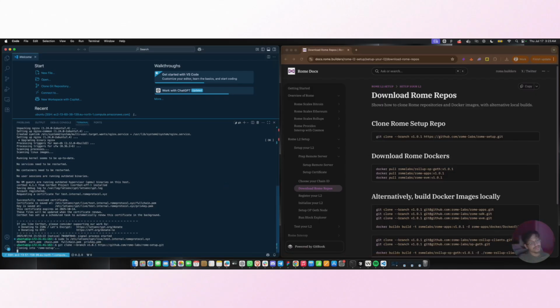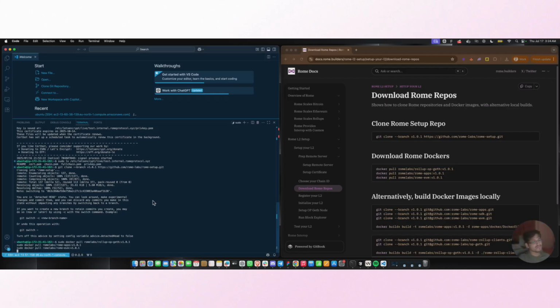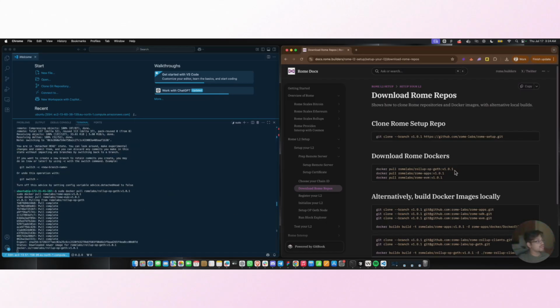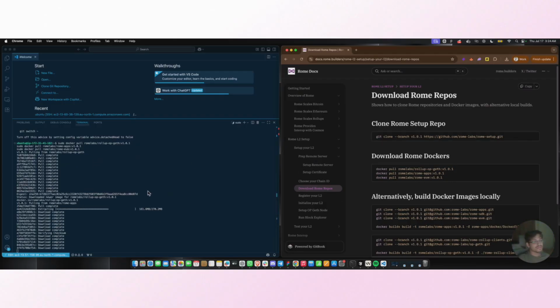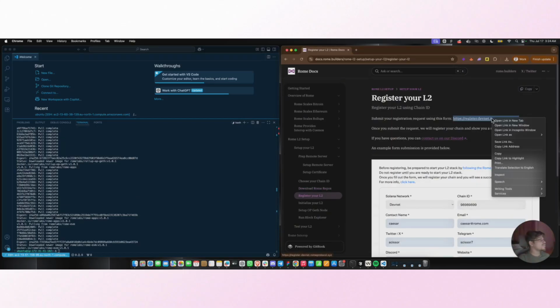This will give you the Rome setup file, which is basically the entire file that we need to work on. I think for this I need to use sudo. It might sometimes cause some problems with permissions and all. So yeah, you can use sudo docker pull for all these images. Basically, this will work for you. This might take a while. All the images are downloaded. Now let's register the L2 using